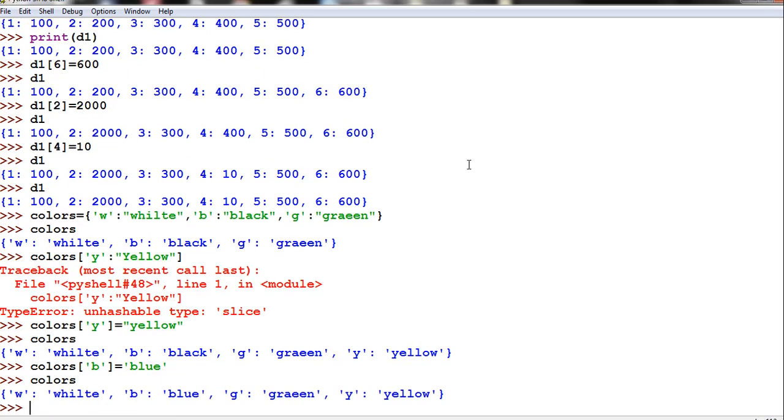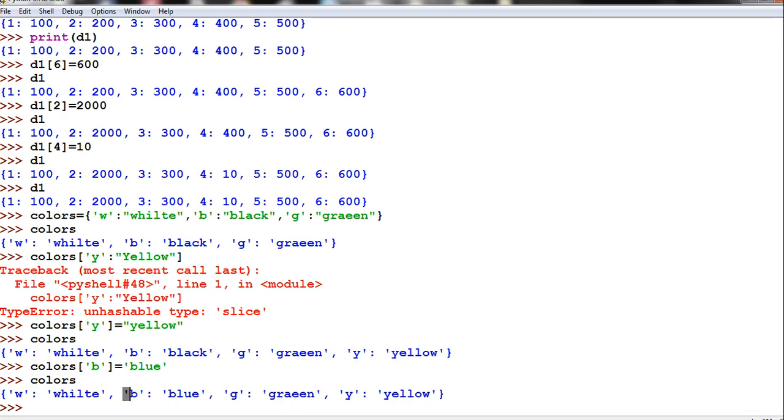Because the B key was available, its value was earlier black, now we are changing it to blue. Here you can see this is your earlier dictionary and this is your new changed value. So any key, if it is existing, its value will be changed. If it is not existing, it will be added to the dictionary. Very simple. Hope you understood.